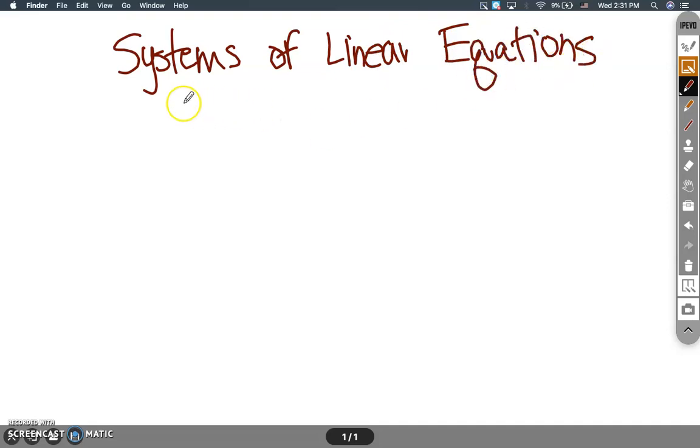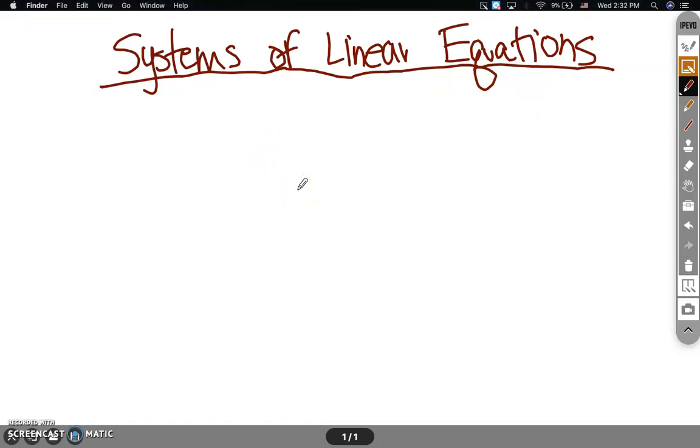Today's video is just going to be part one. I'm going to show you one method. There are two different methods, and today I'll show you the first method on how to do it. And then in the next video I'll show you the second method. Okay? So let's start. A system of linear equations looks like this, like y equal to